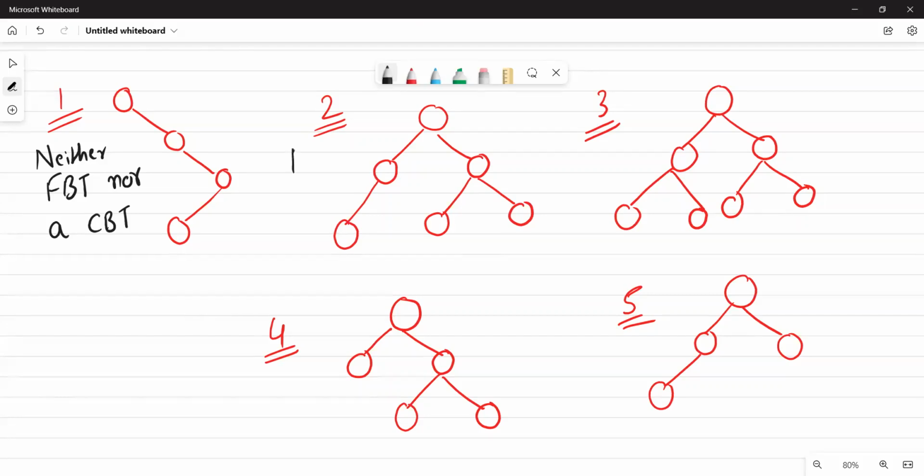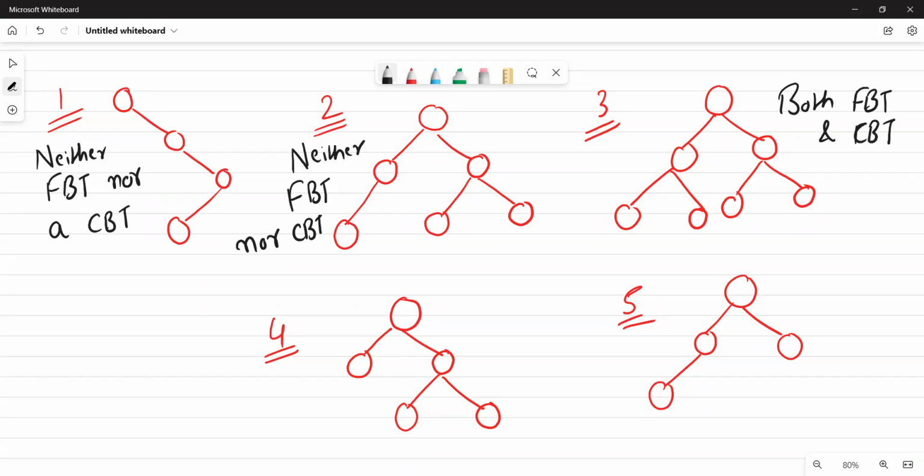Okay, neither FBT nor CBT. Third one, both FBT and CBT. Fourth one,